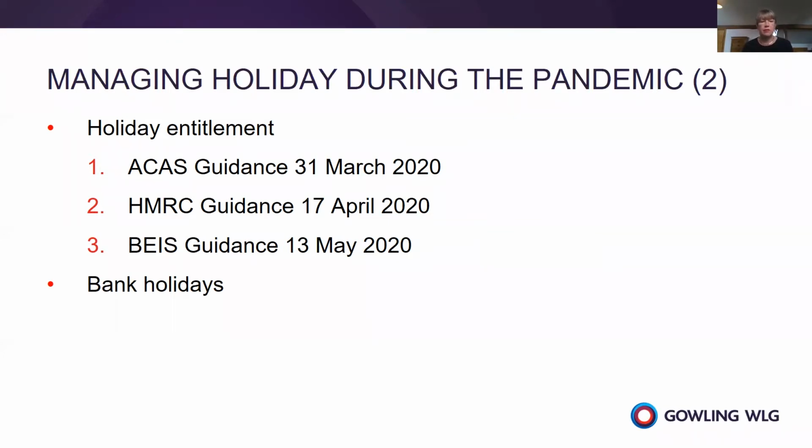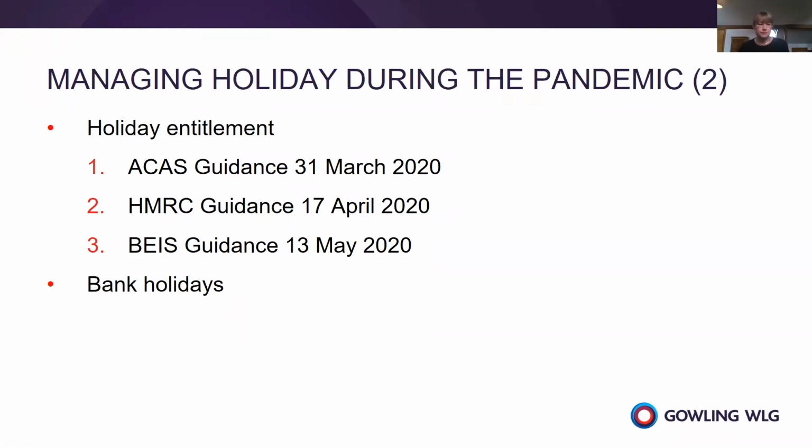So there are 3 publications that are relevant here. The first relates to the ACAS guidance, which was published on the 31st of March. The ACAS guidance has been updated since, so it covers lots of issues. It covers things like self-isolation and returning people to work. There's also the issue in relation to how you address and deal with your employees that's covered off in that